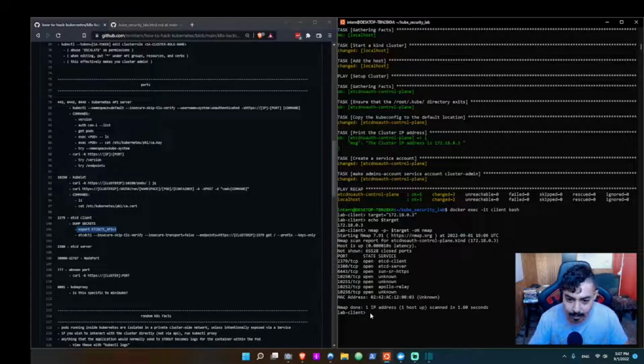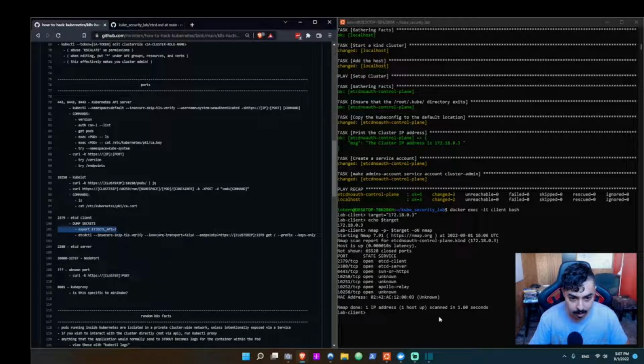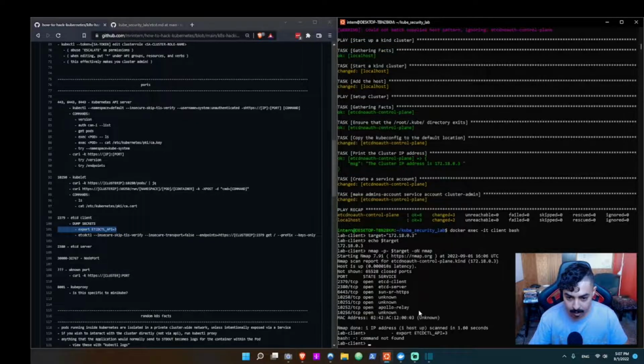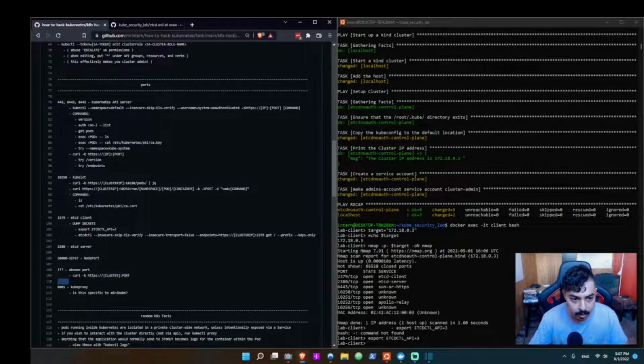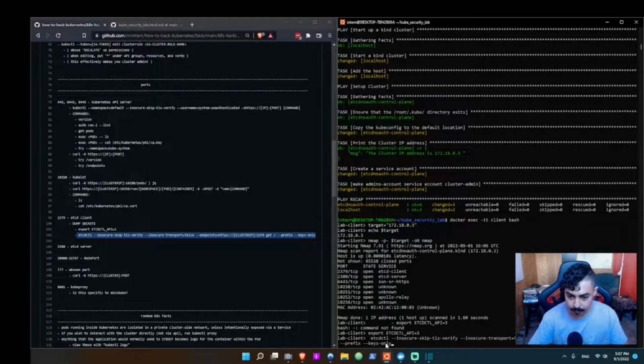That's a mouthful. Bad copy. There we go. And then we copy the command that we actually want to run. We just have to change the IP, sorry. Cluster IP is